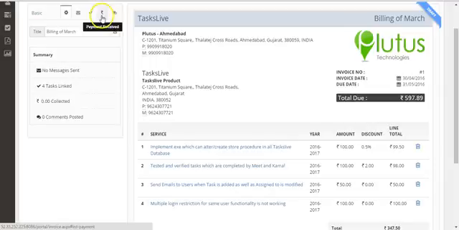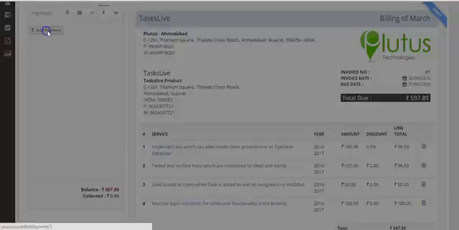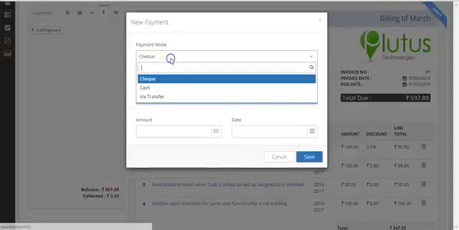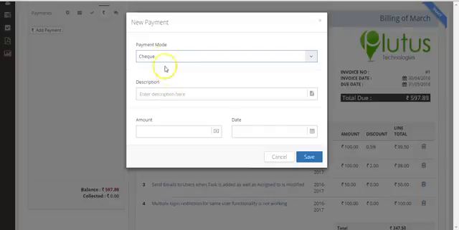As well as, you can add payment received for this invoice. So you can choose the option add payment. You can add a payment mode like check, cash, wire transfer. You can select wire transfer in case of NEFT or RTGS. Here I have selected the option check. I can add the check number